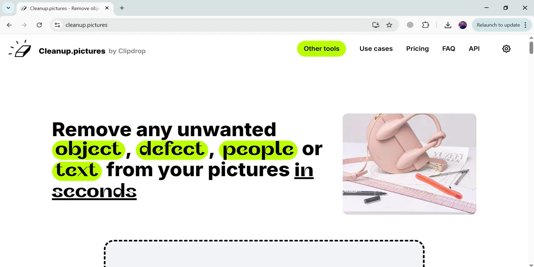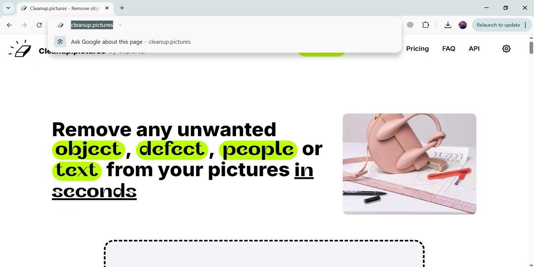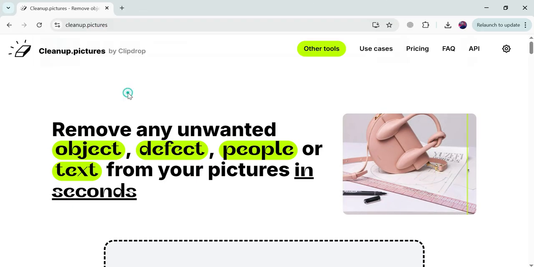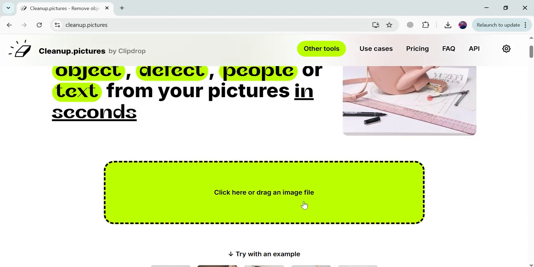So this is the website address, cleanup.pictures. If you type this address in your browser, you will reach this website, and this is the overall layout or interface of this website. It's very easy to understand, and it's best for beginners. So let's go. First of all,